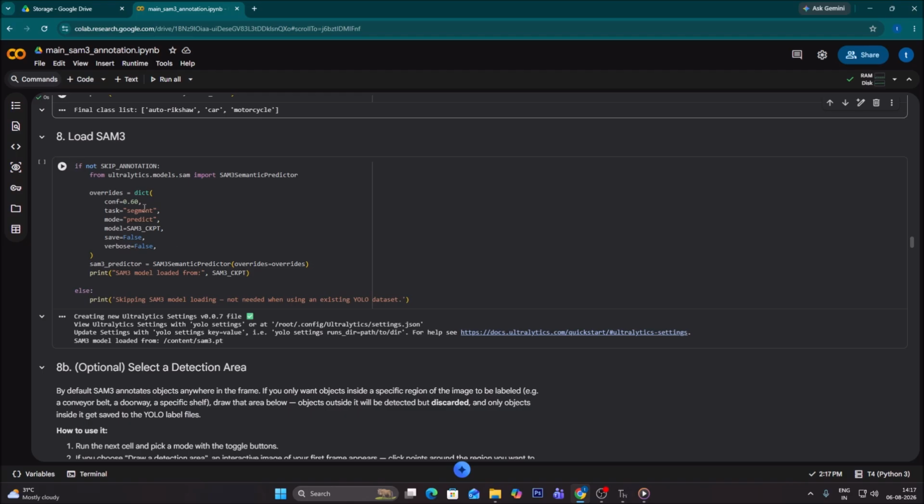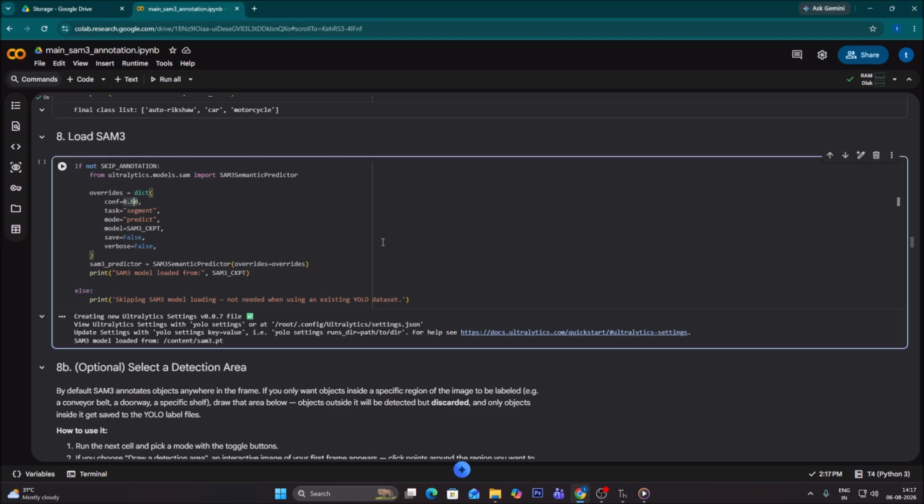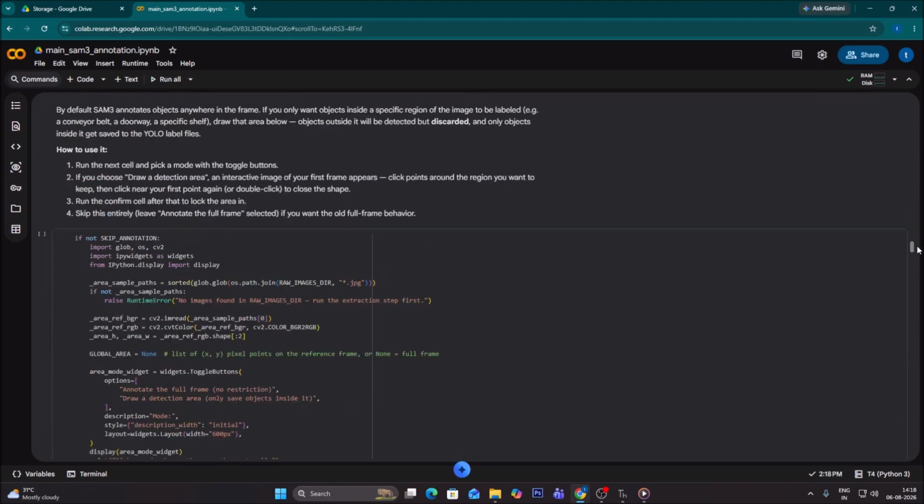So here you can change the confidence level. I have mentioned 0.60 confidence level. You can go with 0.30, whatever you want. Okay, so let's just go with 0.40, and the task is segment and all other things are already mentioned. So just click on it, load SAM3 model, and now from here